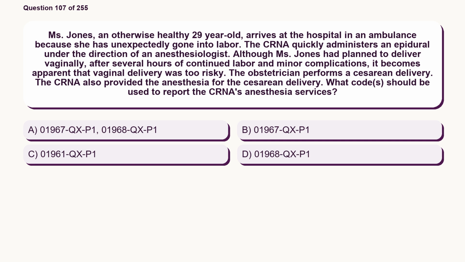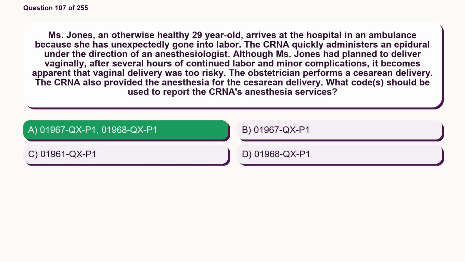The CRNA also provided the anesthesia for the cesarean delivery. What code or codes should be used to report the CRNA's anesthesia services? Option A, 01967QXP1, 01968QXP1. Option B, 01967QXP1. Option C, 01961QXP1. Option D, 01968QXP1. The correct answer is option A,